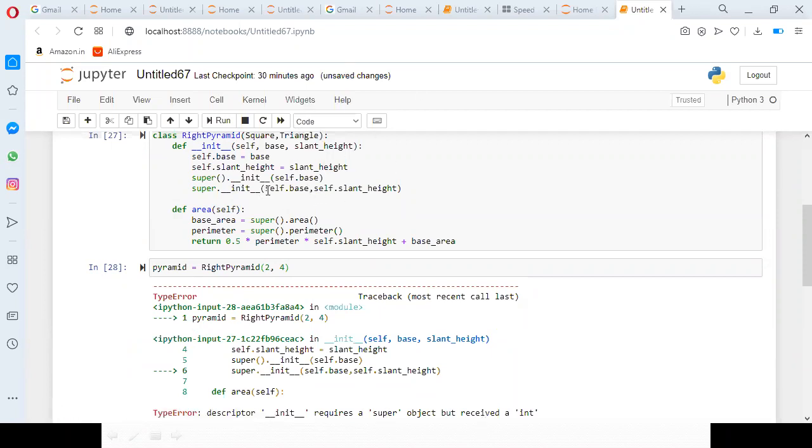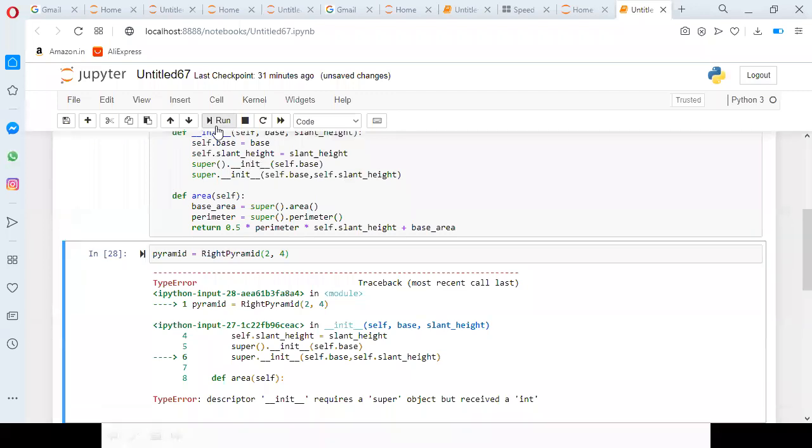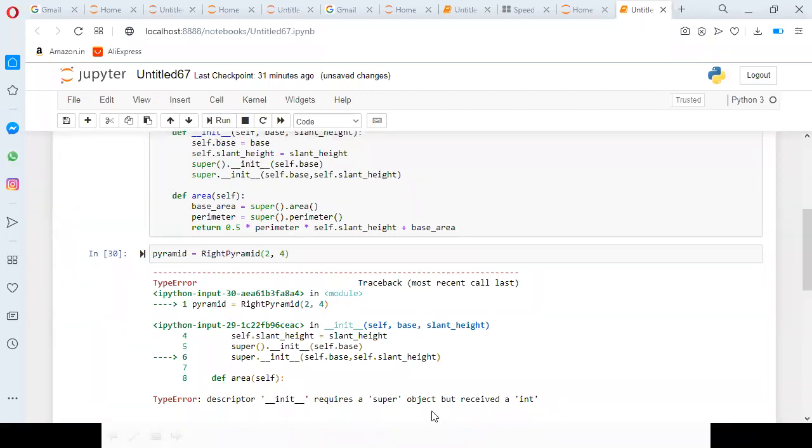So here it works for only one super, that will be the first class which you defined. So when I execute this one, I'm getting error. Sorry, here it should be bracket.